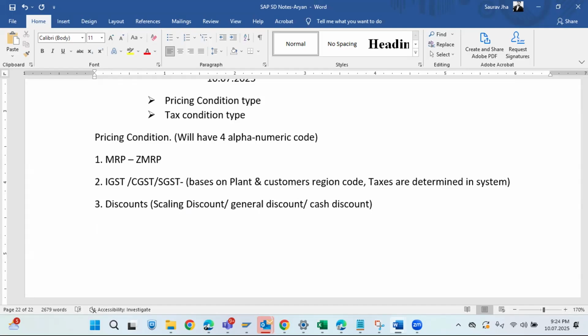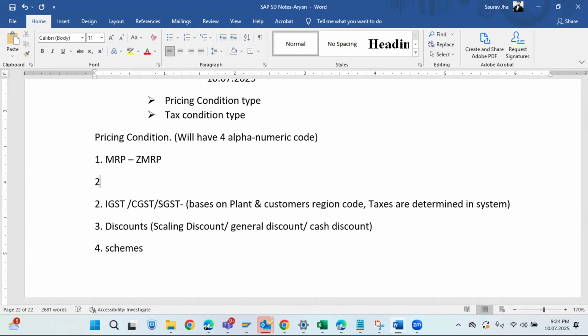Apart from that, we can create the condition type for schemes. One more thing. The second would be,